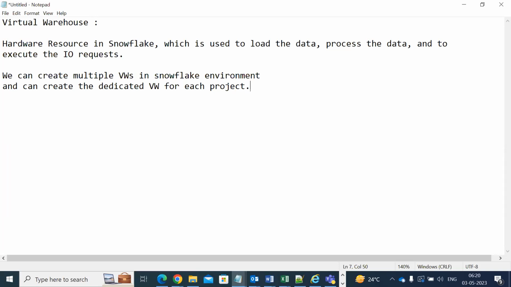the database administrators will restrict access. Suppose you log in to the Snowflake environment: based on your project and your user ID, the DBAs will restrict you to select only the dedicated virtual warehouse based on your project. Suppose let's consider,